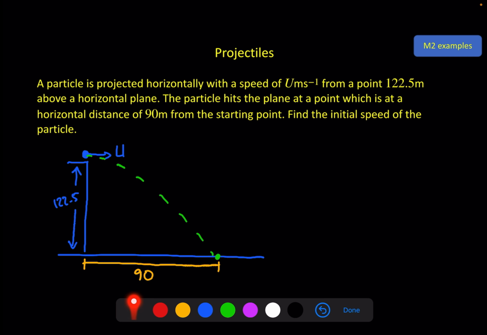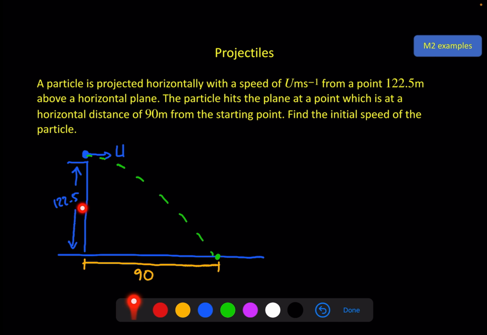This question is giving an example of how the fact that time is the same between the two components is very useful. To find the horizontal velocity with nothing more than the horizontal distance, and of course the acceleration, which we know is 0 horizontally, that's not enough information. I need another piece of information. I need at least 3 bits of information to find a fourth. But what I can do is use the time, and I can find the time by looking vertically first,